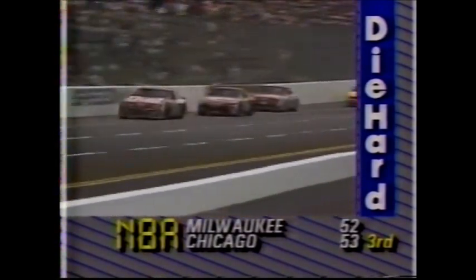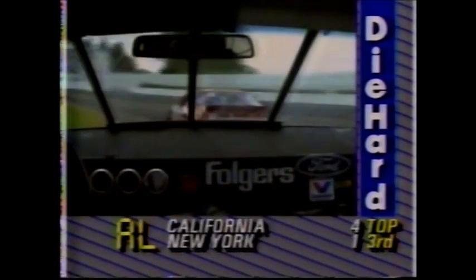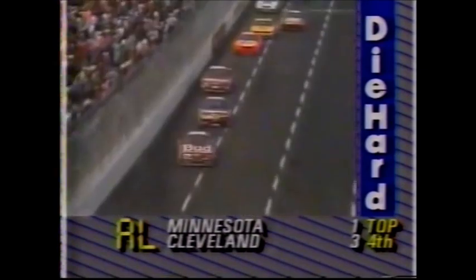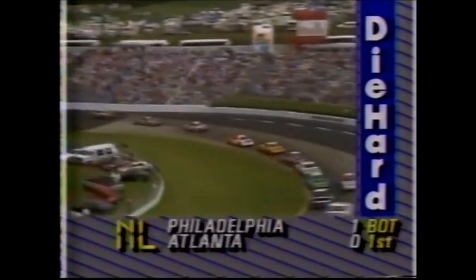Darrell Waltrip running 3rd, the Chevrolet. We've got a Pontiac leading, Ford 2nd, Chevrolet 3rd, Pontiac 4th, and then another Ford in 5th place. The Folgers car that we're looking for the in-car camera, driven by Mark Martin, is a lap down. Also, the Morgan Shepherd car is a lap down. Those fellows would desperately like to get by